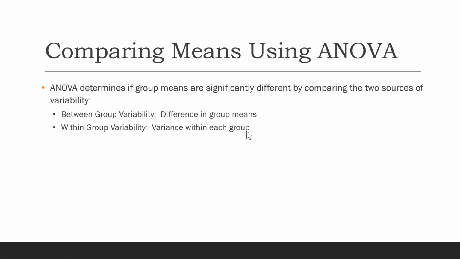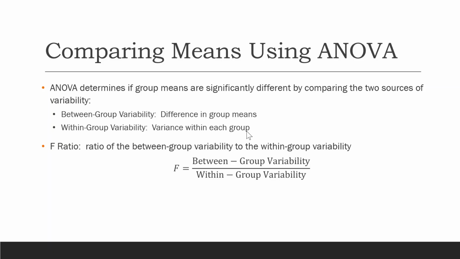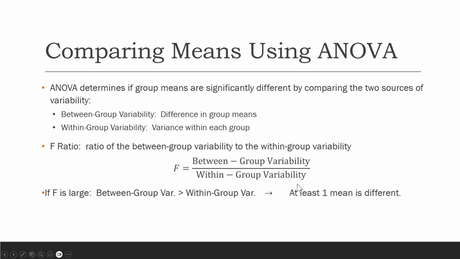All right. Now, the way that ANOVA takes both of these sources of variability into consideration is by looking at an F ratio. An F ratio is going to become our test statistic. And it's basically a ratio of the between group variability to the within group variability. So we need a measure or some number that represents the between group variability. And we're going to divide that by the within group variability, some number that represents that. When we do this ratio, first of all, it needs to be in the same units and all that stuff like that. But once we do that, if we end up with a value that is large, then we know,